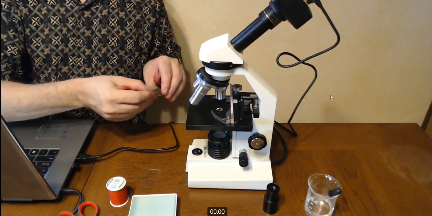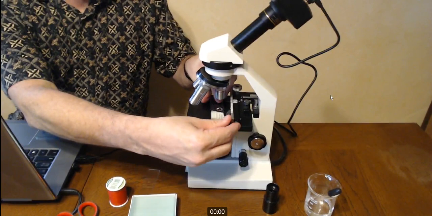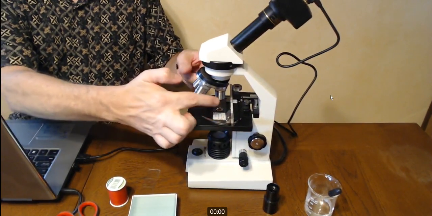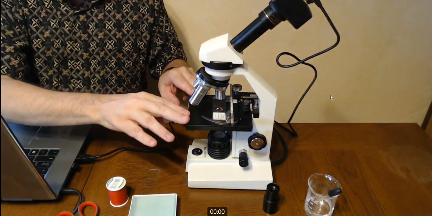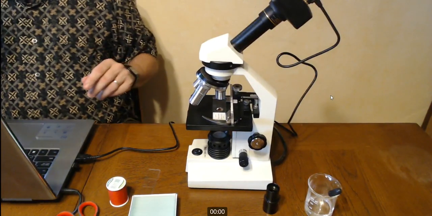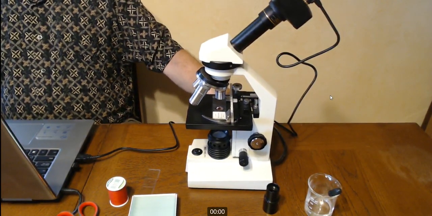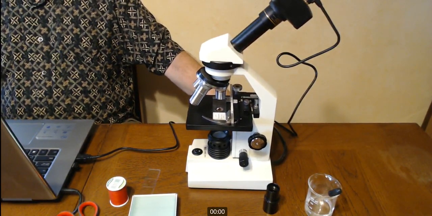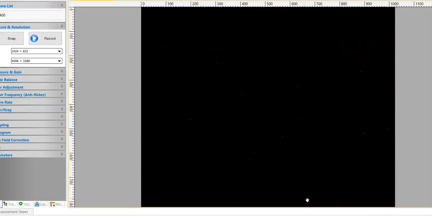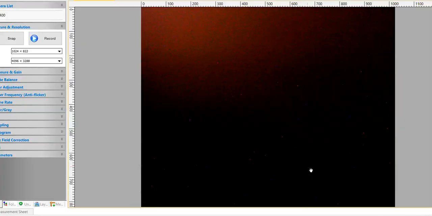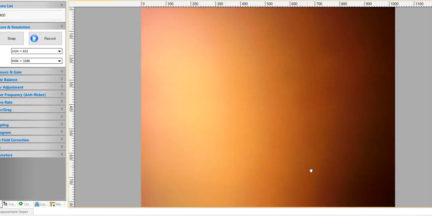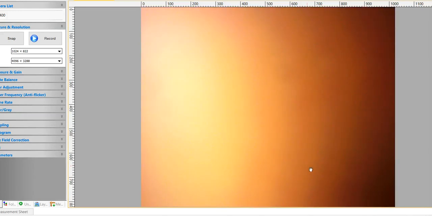So I'm going to go ahead and put this on our stage again. We're in low power. Our stage is all the way down. So now we're going to bring it into focus using our coarse adjustment. You're going to have to go almost all the way up. So if I go back to here, everything looks very black because I have not turned on my light. There we go. Turn on the light. Now we got the kind of yellowy orange. So now we work our way up